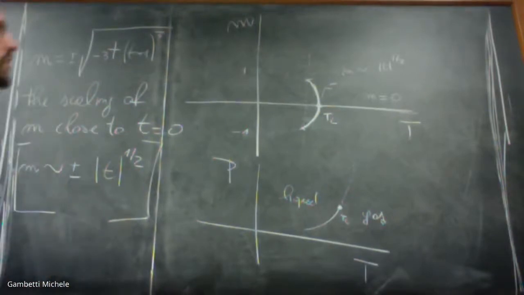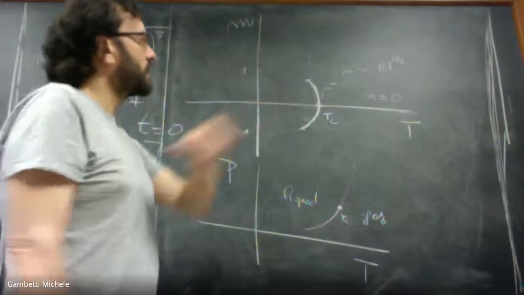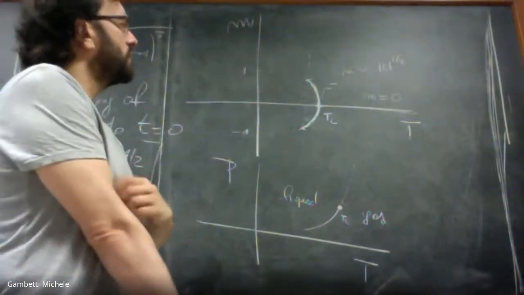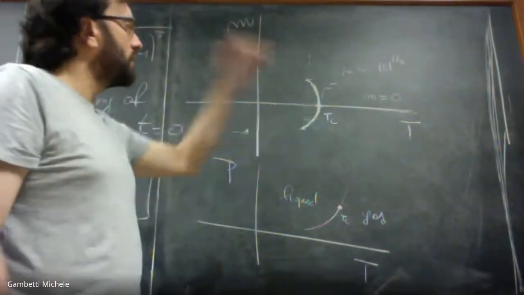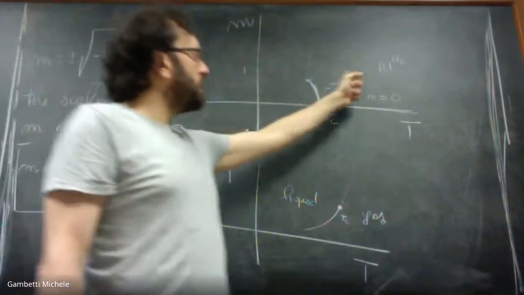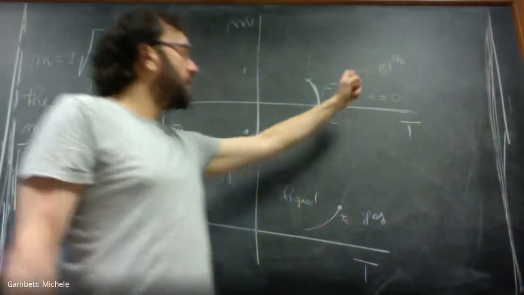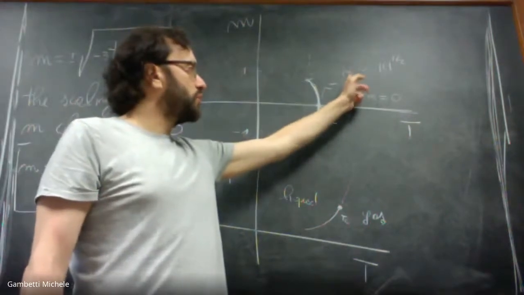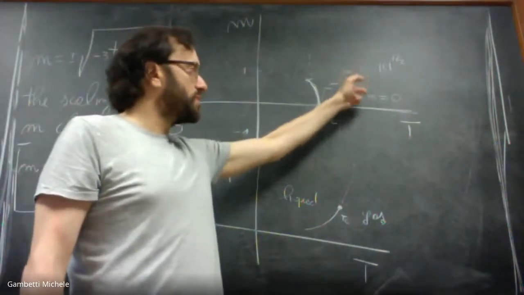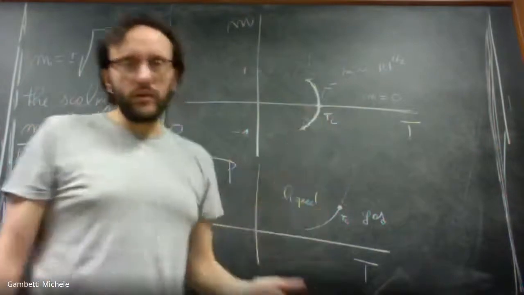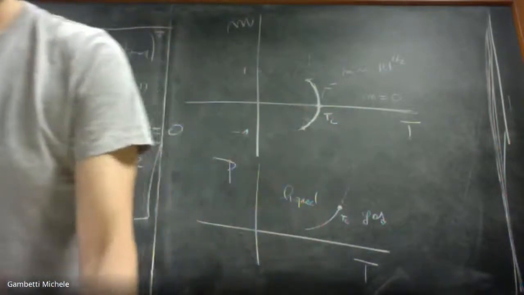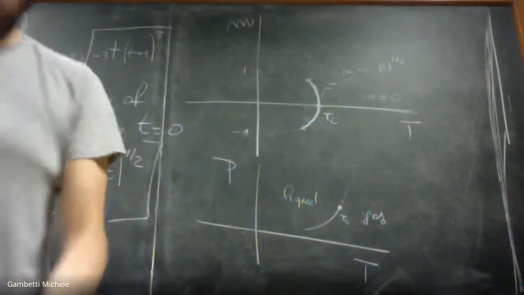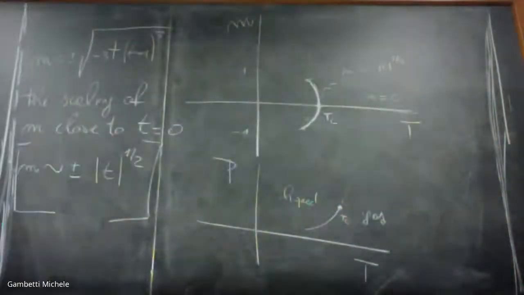So notice also that now we are going to characterize this quantity a little bit better. Here we have this behavior of m as the square root of t, and then of course we will have a divergence of the derivative of m with respect to t at the critical point. Okay. Now let me make a plot just to show what's going on in the case in which